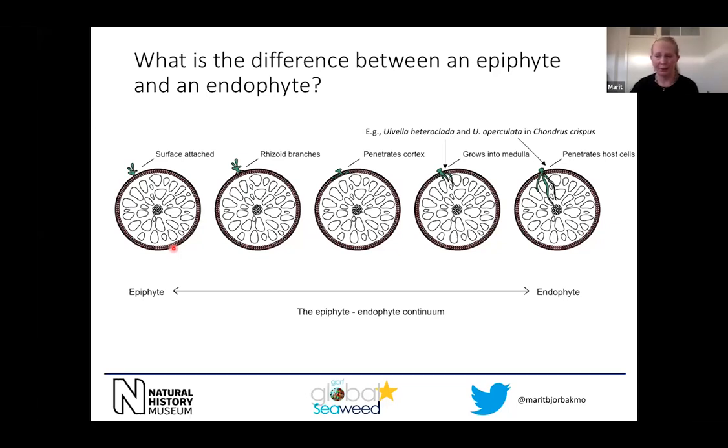Furthermore, several studies have shown that different parts of the thallus or the seaweed body, such as the apex versus the middle versus the basal parts, are affected to different degrees by these endophytes. And abiotic factors such as increased temperature due to climate change can also influence the endophyte load. And all of these aspects lead us to the next topic I want to address, the concept of holobionts and dysbiosis.